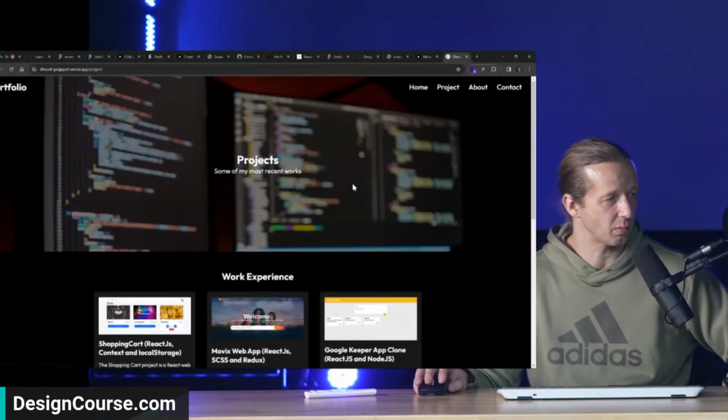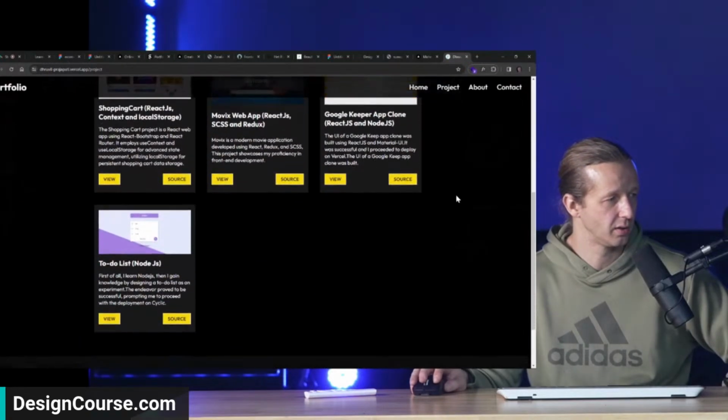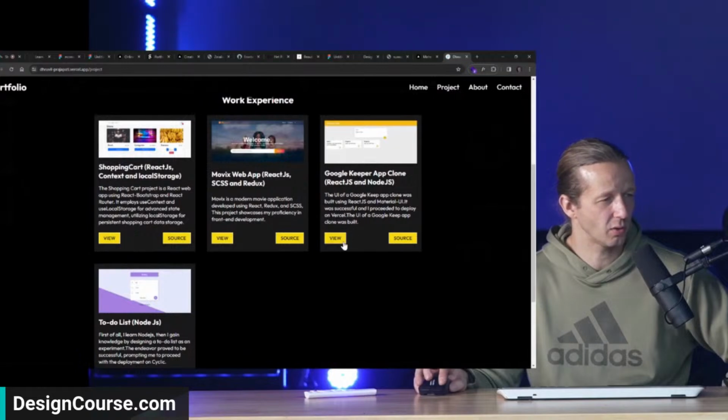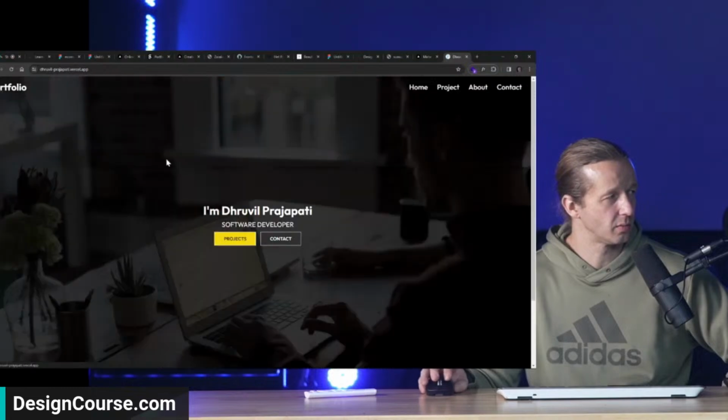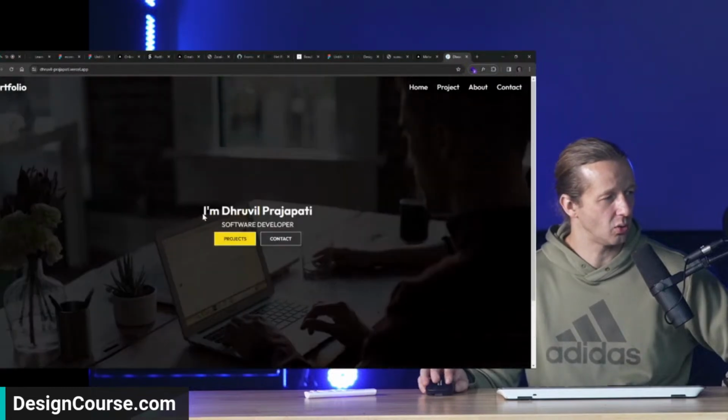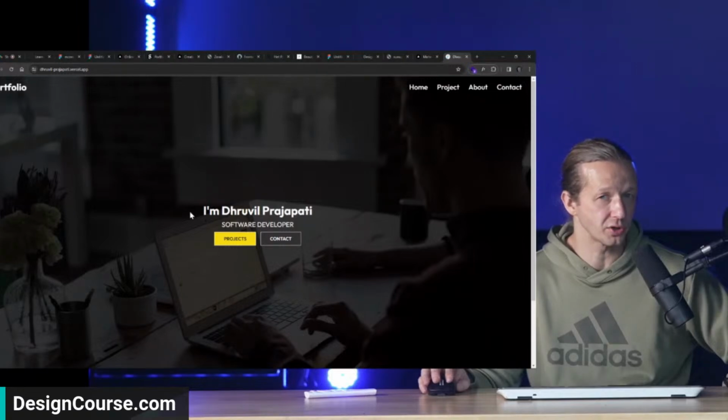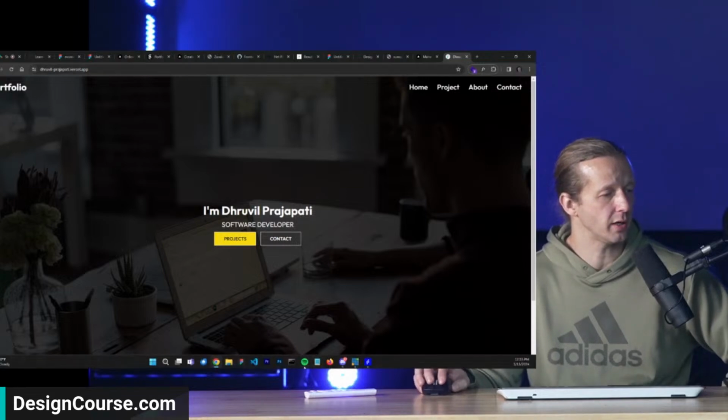So just looking at the projects here. Yeah, small things like getting rid of the white outline. You don't need that on these buttons. Yeah. So who you are, software developer. Let's do something more interesting with your ad copy. Ask ChatGPT to help even. All right. Continuing on.